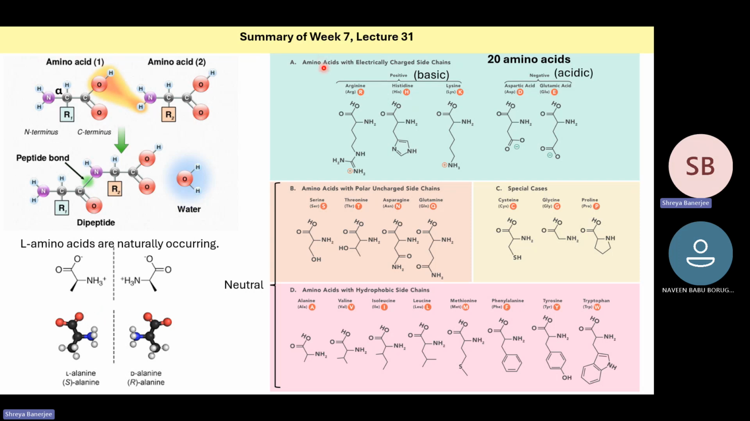Now we will briefly look into the 20 different amino acids that exist in nature. This R group can be charged or neutral. So first we will look at the cases where the,